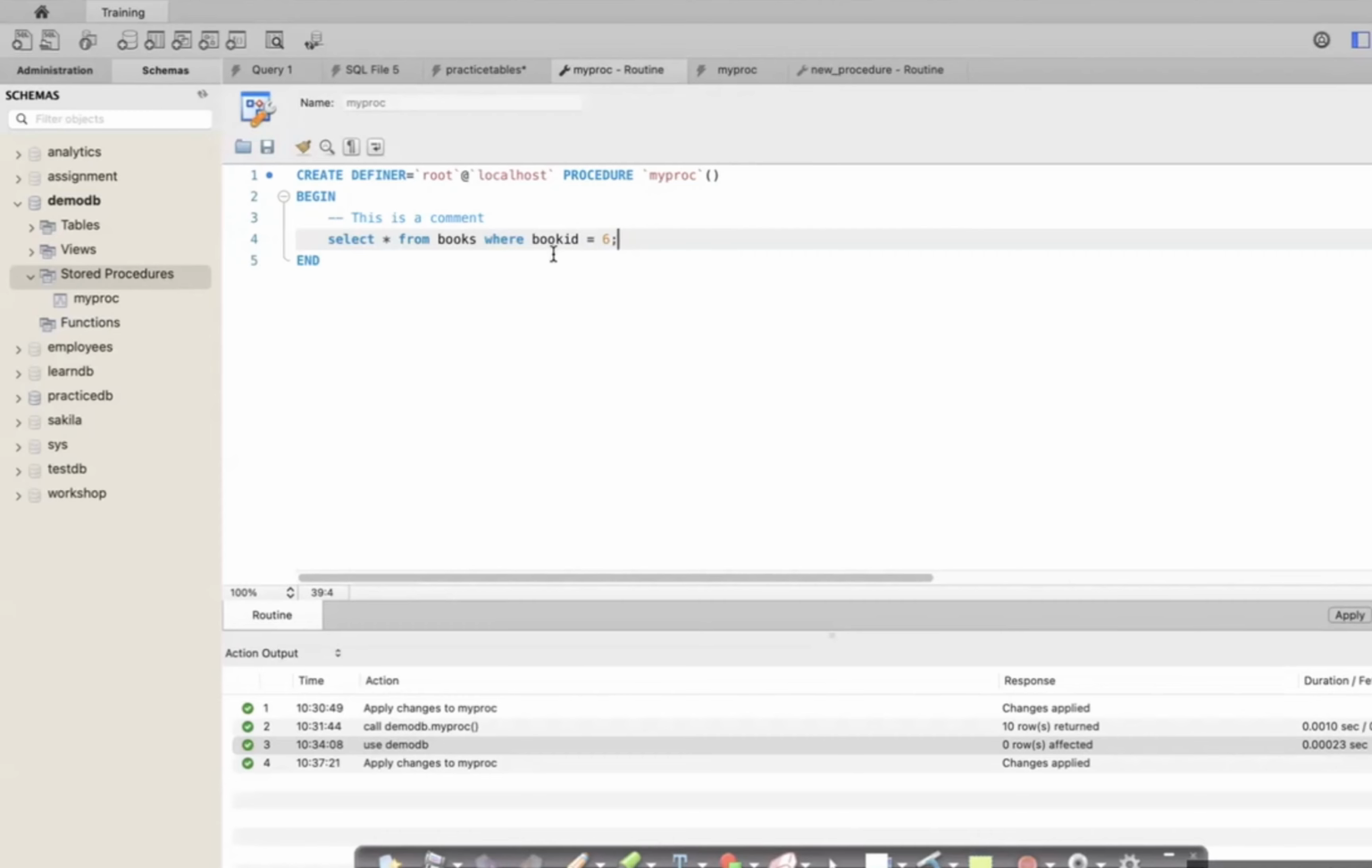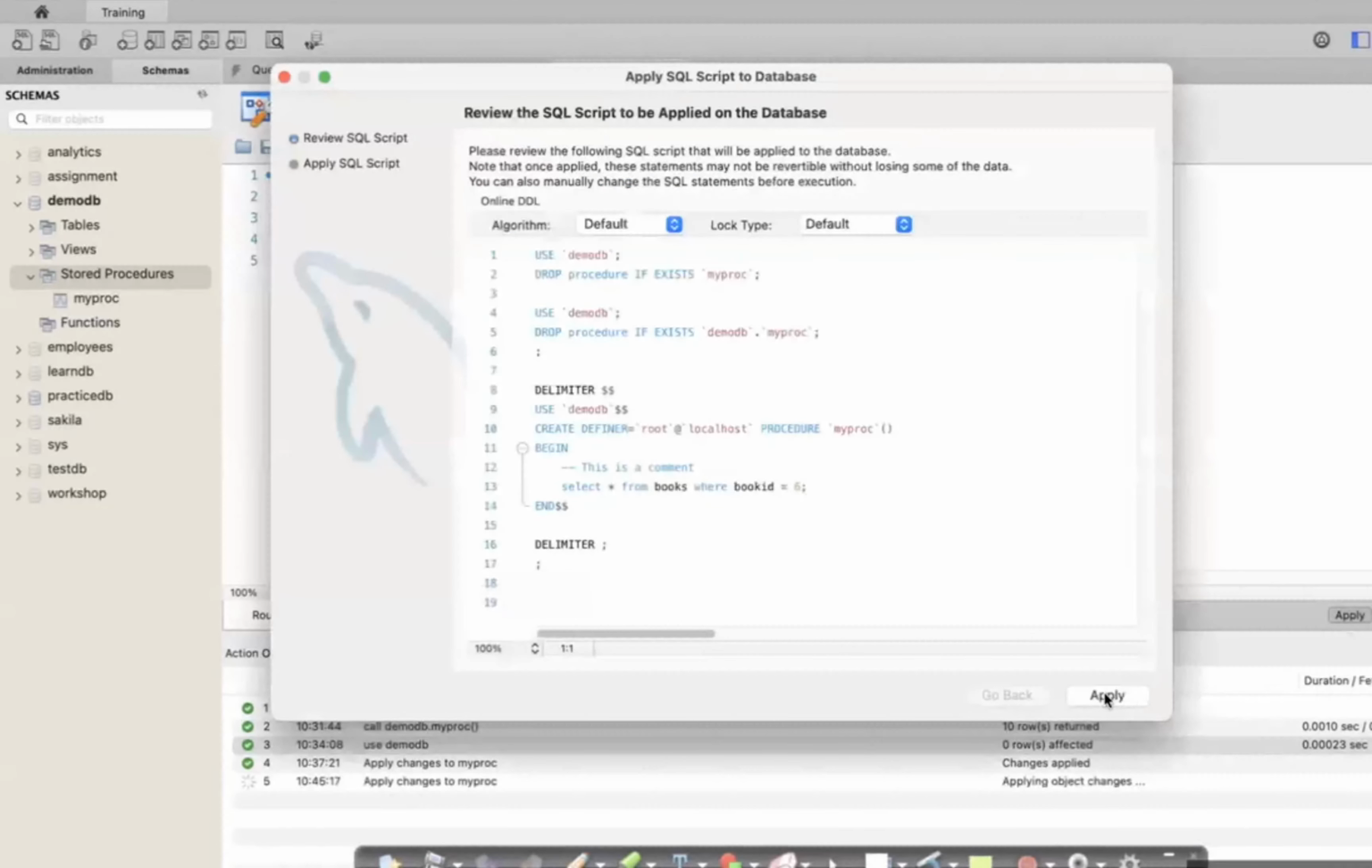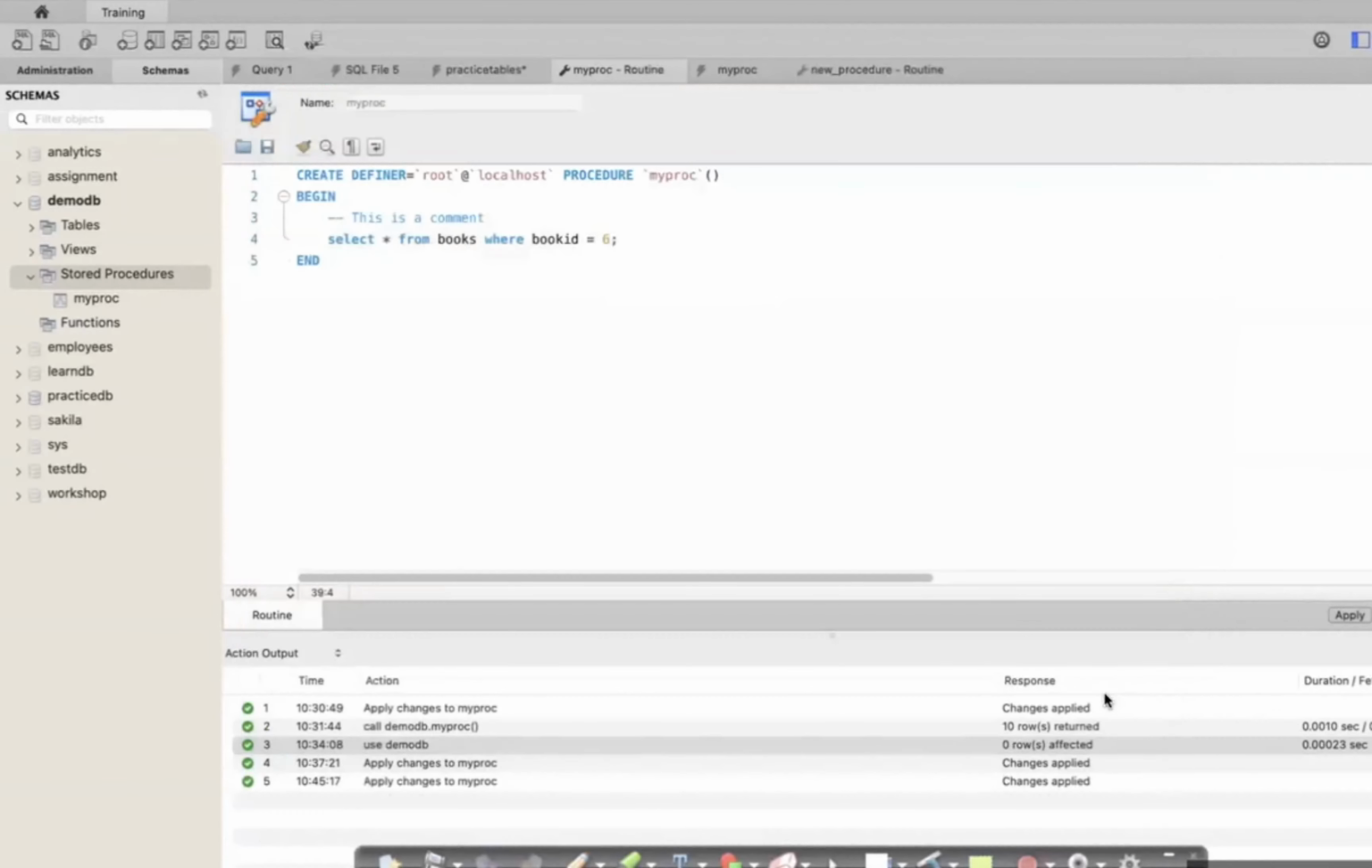What happens when I do this? I will apply this, right? By the way, whenever you make any change to the procedure, you should also always apply it. Otherwise, just typing is not enough, right? So whatever you type, you have to apply it, only then the procedure will be created, right? With the new code. So now when I say select star from books, where book ID is equal to 6,